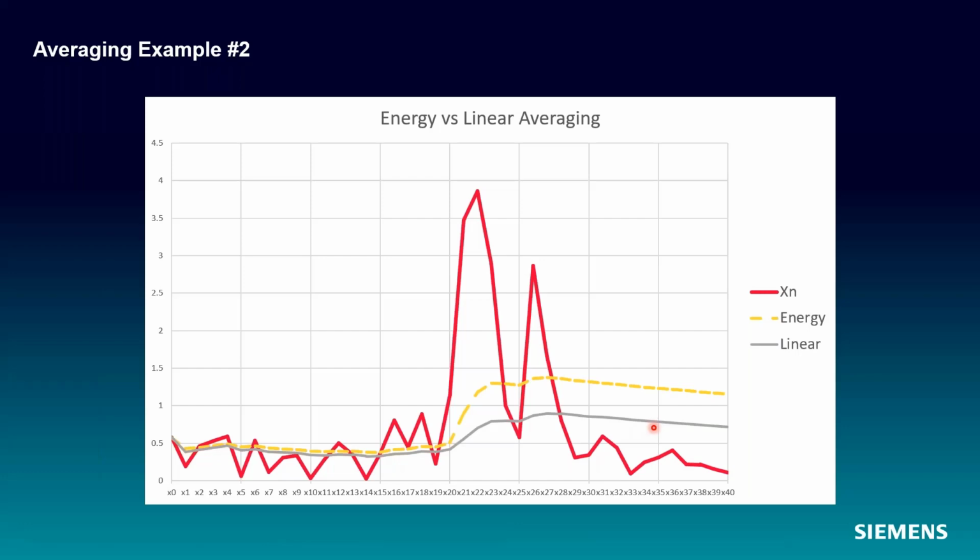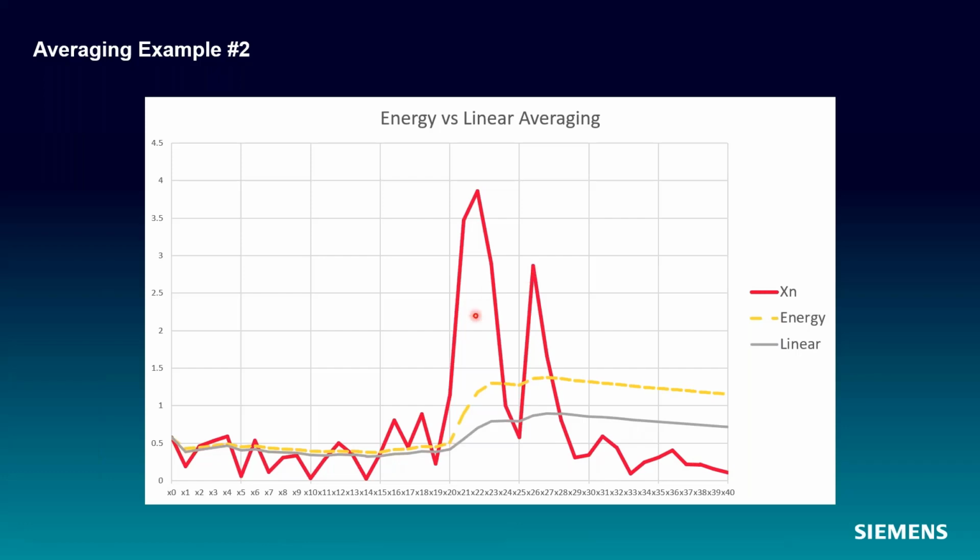Which is the right answer here? Unfortunately, there's no right or wrong answer. It is what is most appropriate for what you're trying to do. If I'm assessing the overall noise level of a door slam event or some transient event like you see represented here, maybe the energy average is going to be more appropriate for me cataloging this door versus another door that might have a lower energy average because this peak is smaller than this one. And that energy average is going to capture that difference better for me, say.